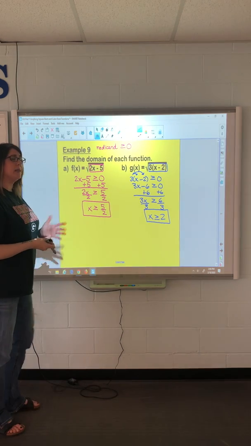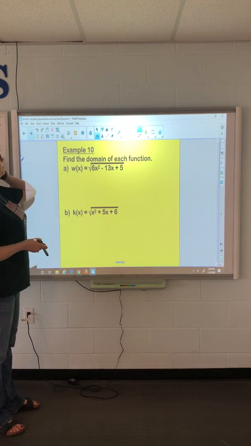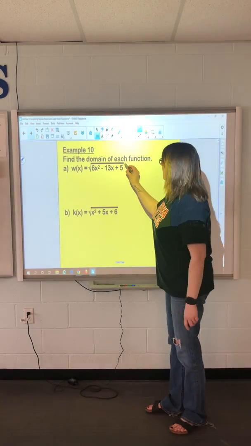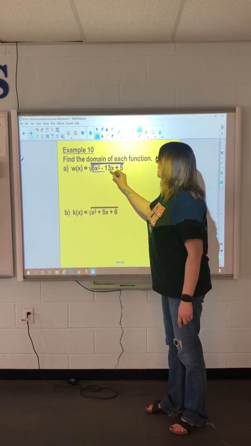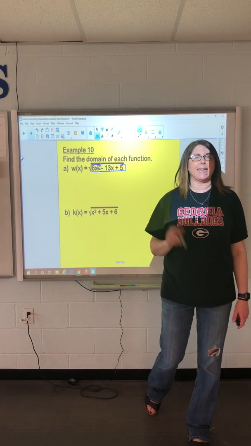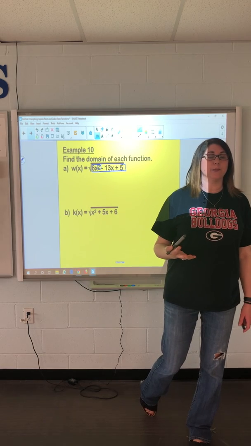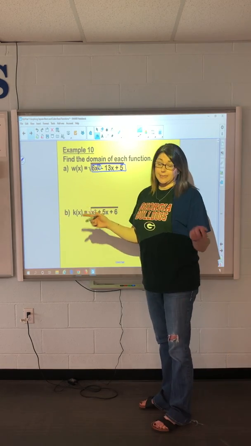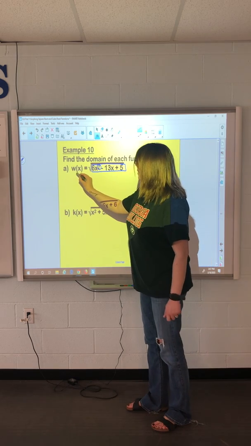Those are pretty easy, right? Because they're linear functions. But let's get into what happens if they're not linear anymore. So if I take a look at this radicand, it is not linear because of this guy right here. Remember, that's what makes it a quadratic. Quadratics means that your highest exponent for the variable is a 2. So we're going to start it the same way. We're going to have 6x